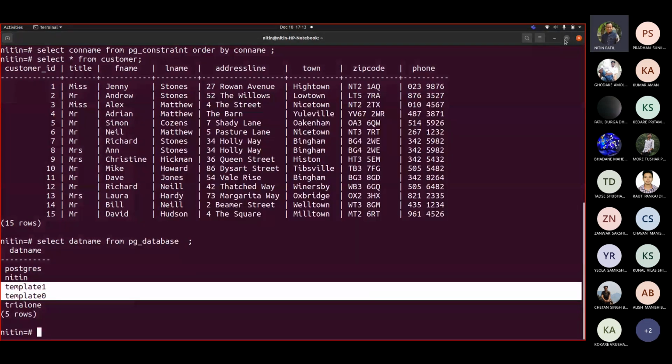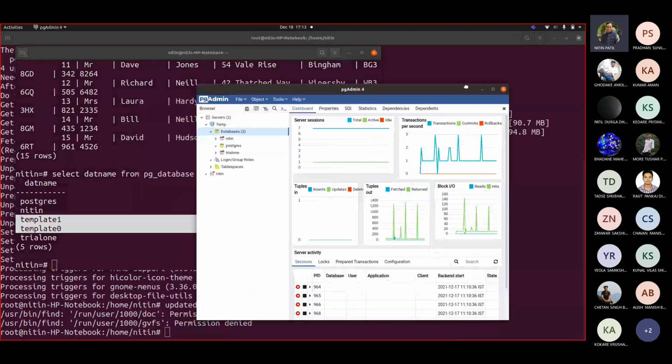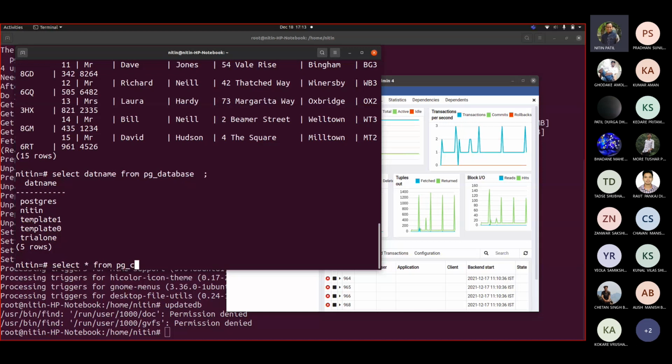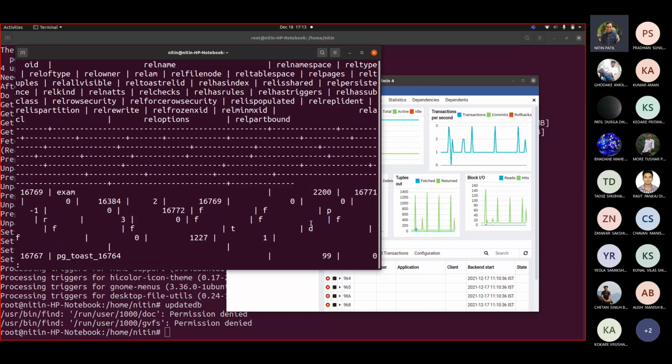So let us do this, and let me fire some query from here. Select star from pg_class. Now suddenly see the change in the UI. You will see some hikes added there.